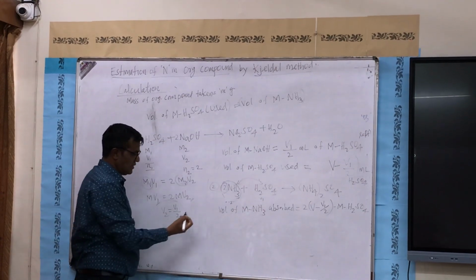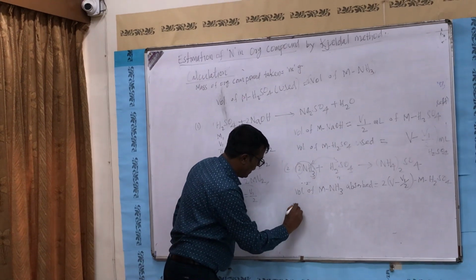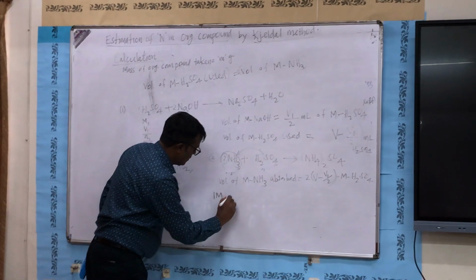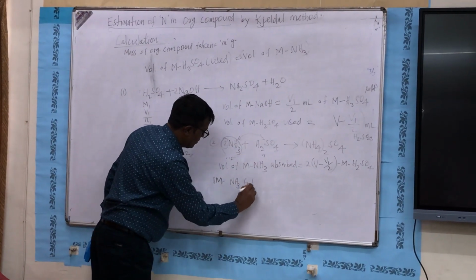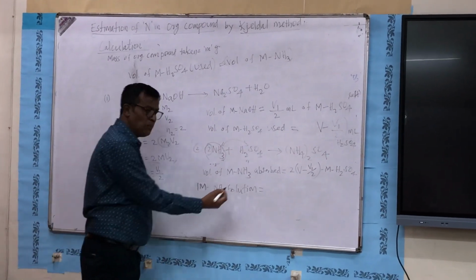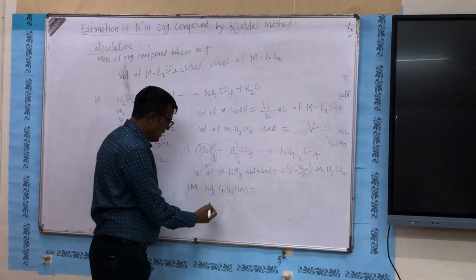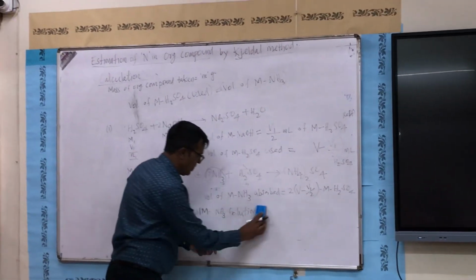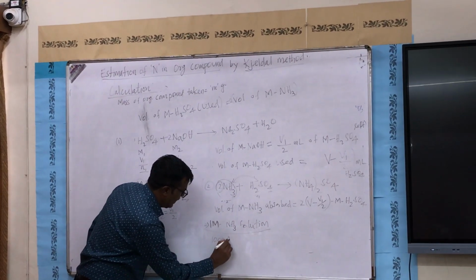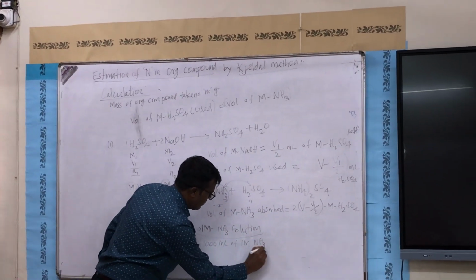Now, and then if you come to the last step, what? You take 1M NH3 solution. In 1M NH3 solution, one mole is present in 1 liter, that means 1000 mL. So I can write for this, 1 liter or 1000 mL of 1M NH3 contains